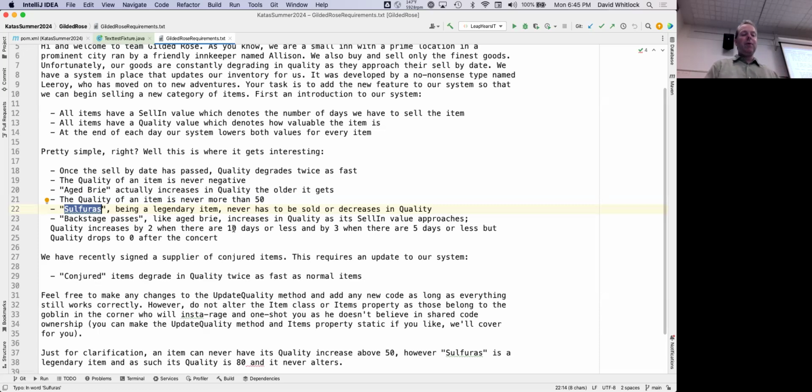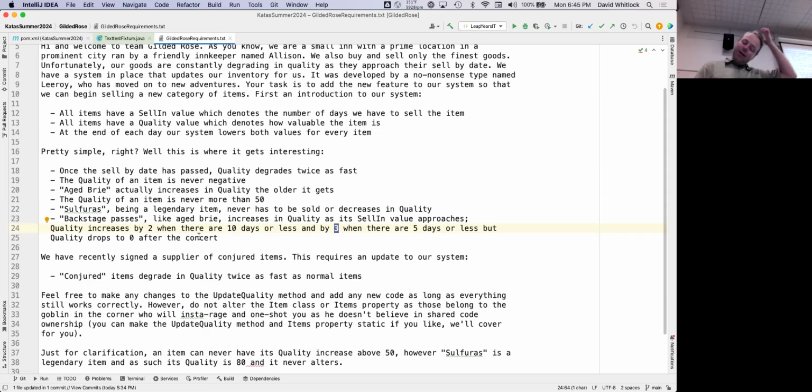When you are within 10 days of the sell-by date of a backstage pass, the quality increases by 2, and when you're 5 days before, it goes up by 3. But after the concert's done, the backstage pass is completely worthless, and so it goes down to 0.